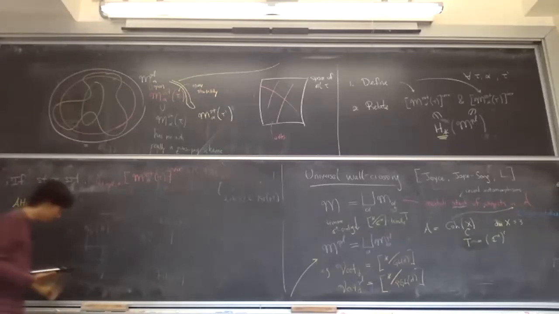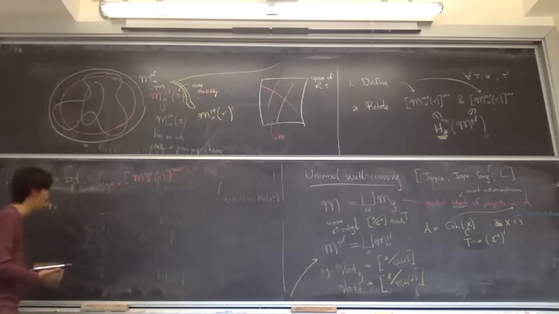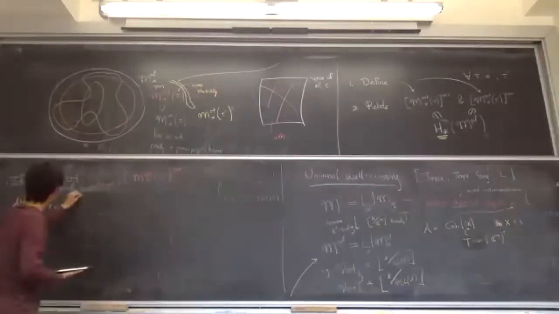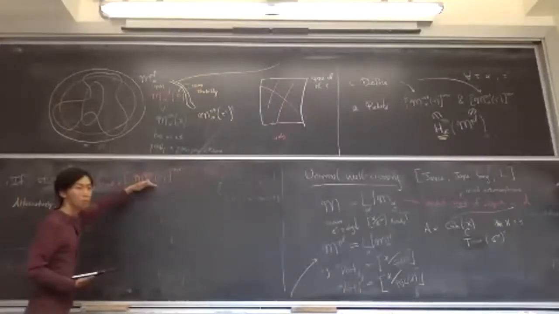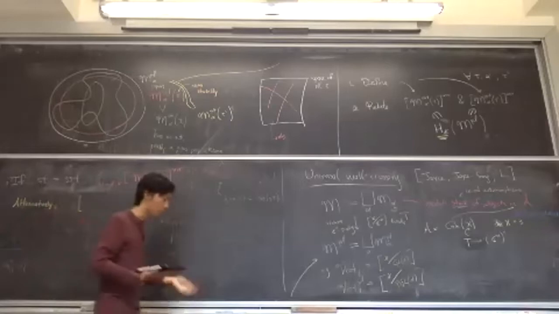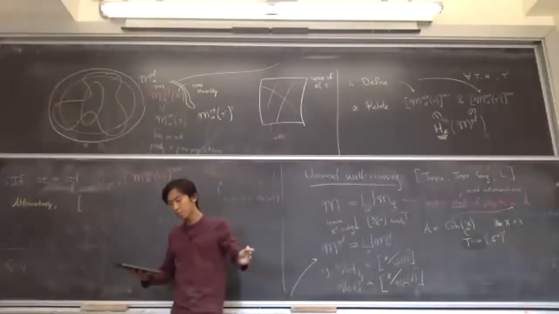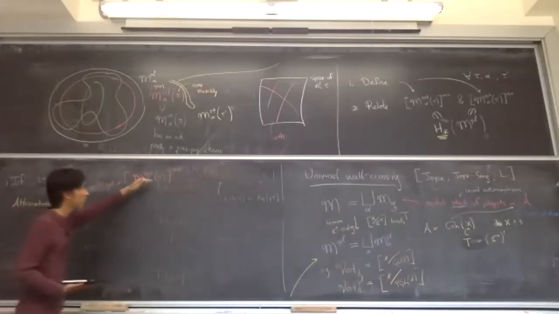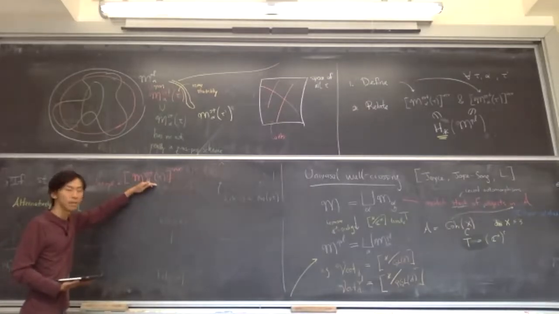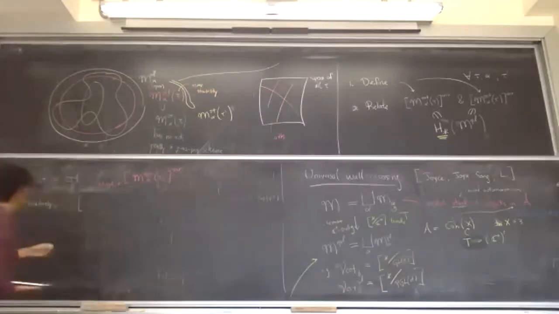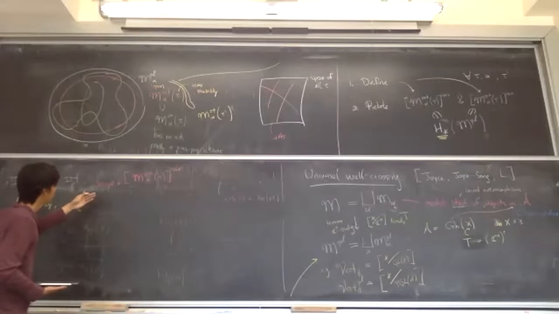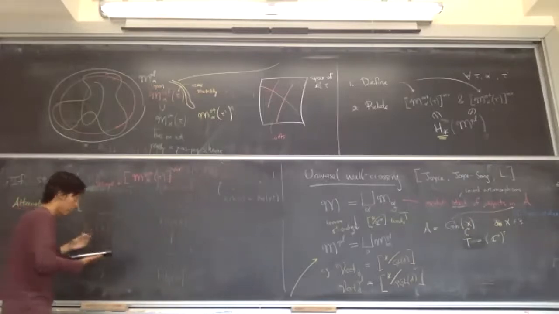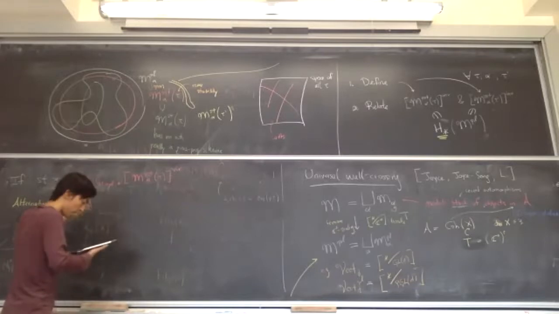I think the following kind of construction should work much better, which is that instead of thinking about this virtual class, we're going to ask ourselves, what do we want to do with it in the end? For all of these problems in enumerative geometry and algebraic geometry more generally, the only thing you're ever going to want to do with this is cap it with some cohomology class, and then integrate. So we'll just write something down which encapsulates exactly that. We'll write down a functional which eats